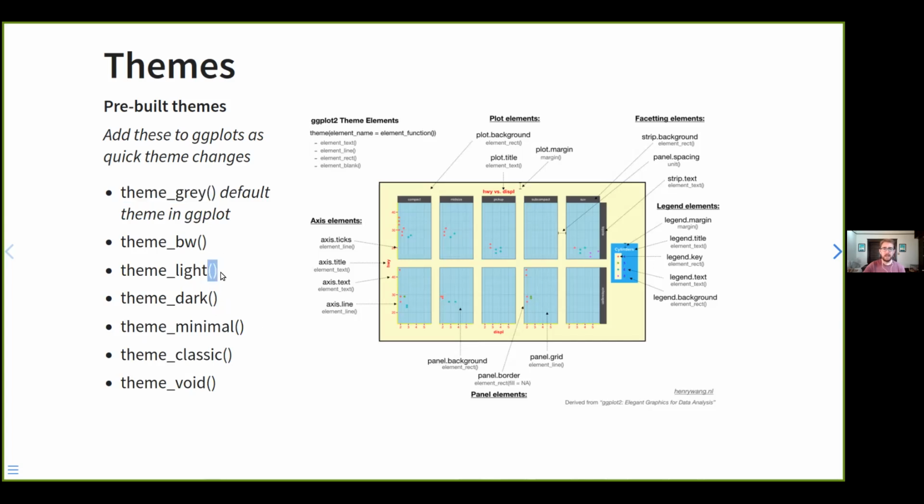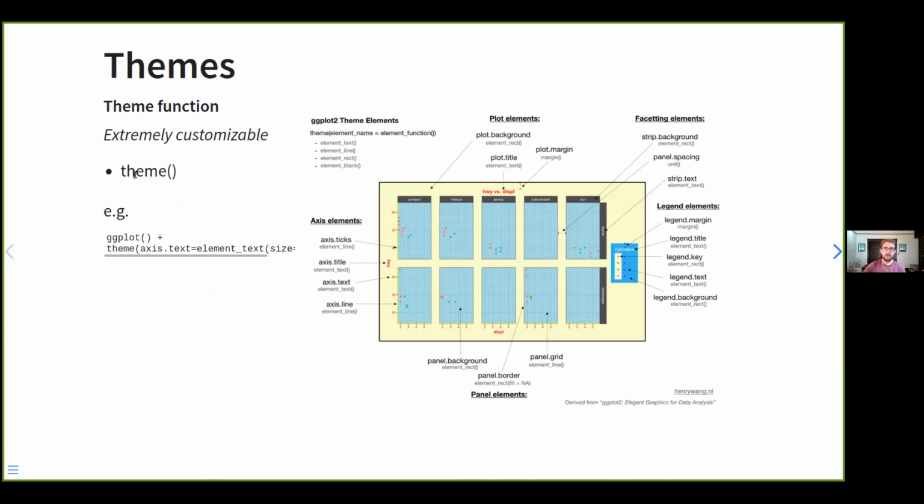I particularly like theme light. It's one of my more favorite ones. It's a quick, easy way to get a nice looking plot. But if you want to just use the individual theme